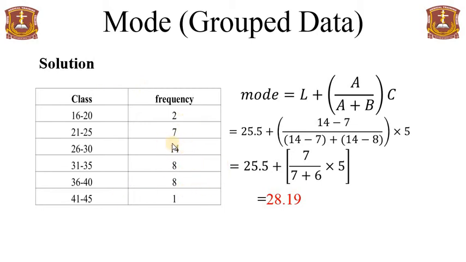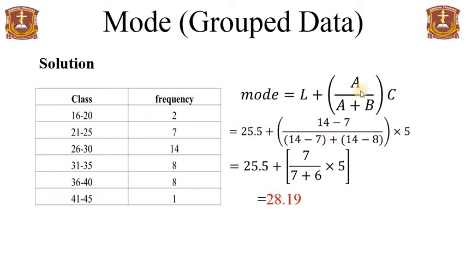So this 14 defines to us the modal class. We go and find L, which is the lower class boundary of the modal class. If I have 25, 26 here, the difference is 1. If you subtract 0.5, which is half of 1, from 26, you get 25.5, which is here,